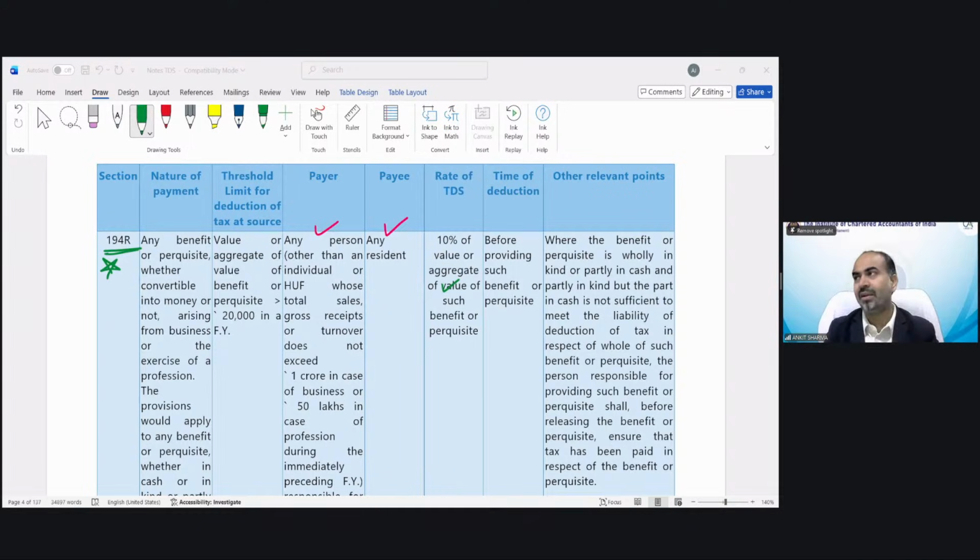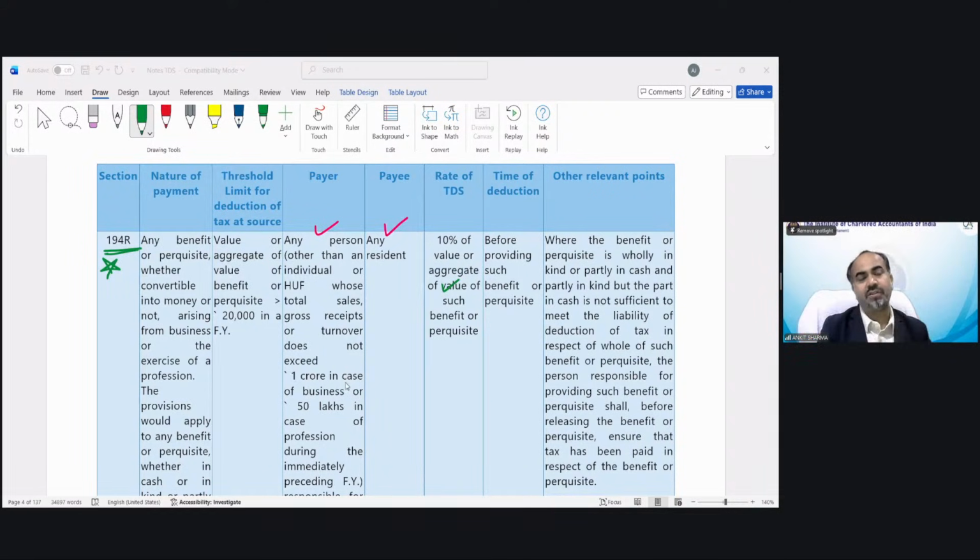And let me tell you, in final, there would be a new tax waiting for you, DTC. So this is your Income Tax Act 1961, and now there would be Income Tax Act 2025. You are going to read it in final. So do not bother about it. Take the first step first.